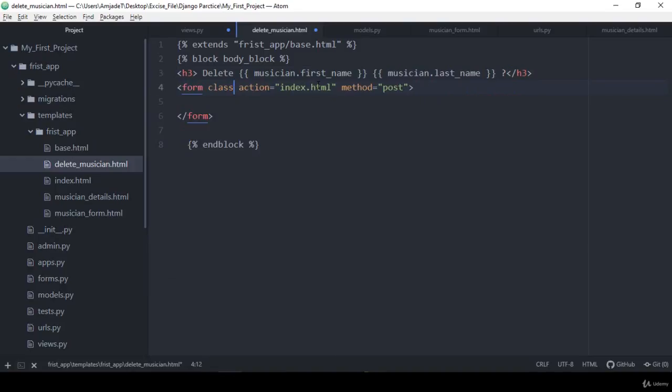And into the form here we don't need this class, and also we don't need any action. I just simply define that method will be as a post. So now I want to delete it. Okay, so here first of all we also have to define our CSRF